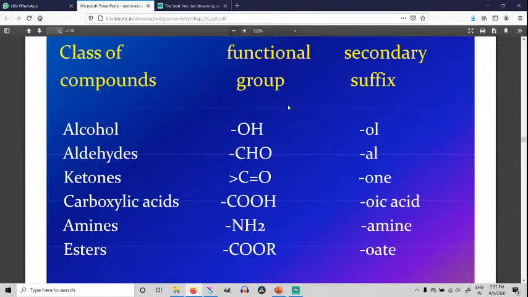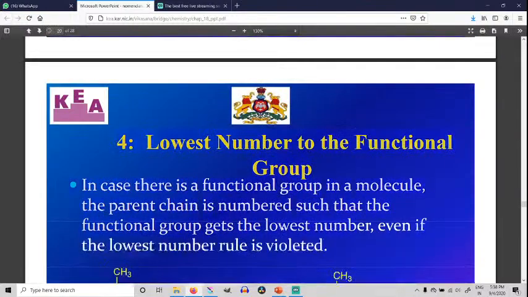Generally we are studying alkanols, alkanals or alkanoic acids. It means the parent chain is from the saturated hydrocarbon, the alkane. So the primary suffix will come from the alkane, that is 'an', always in between. Then the secondary suffix will come from the functional group present in the carbon chain. And if halogens or alkyl groups are present, their name always comes as a prefix. So we'll complete those rules. The last class we have done these rules.